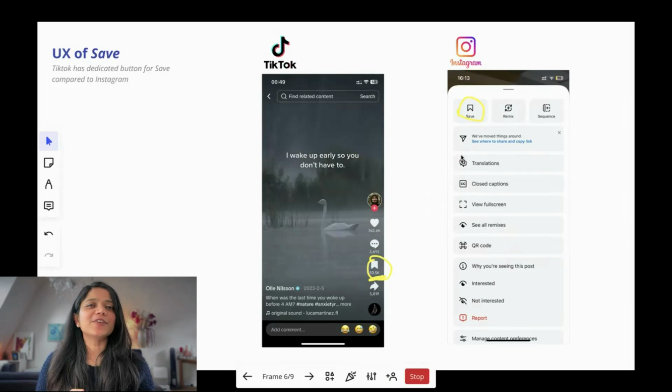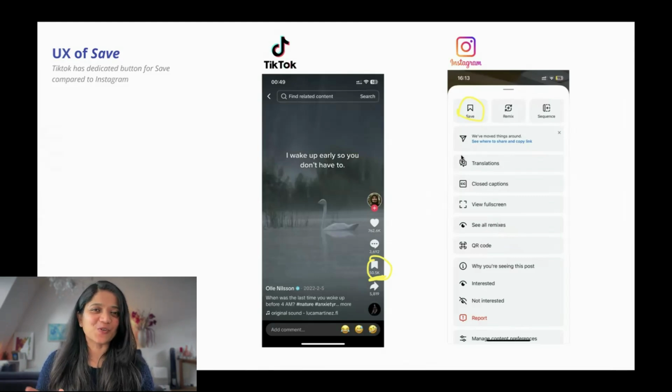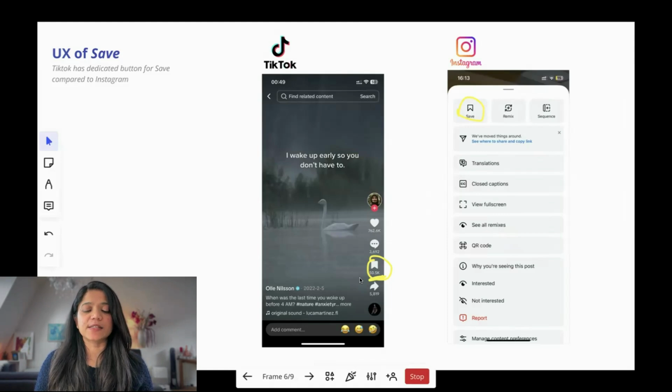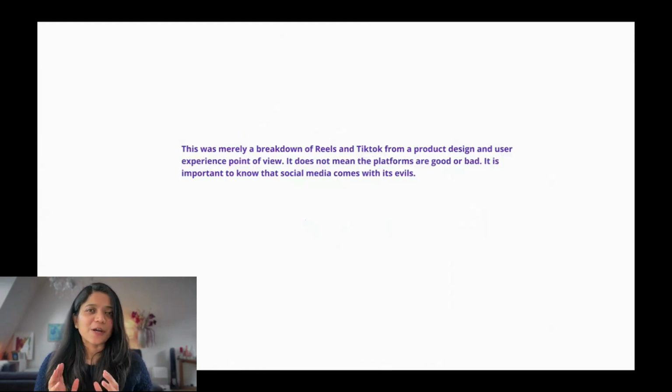Either that, or they actually have no other data but simply moved it over here. Product teams run experiments all the time just to see the behavior, and they might even bring back the save button in the future. At the moment, what I can see is it's easy to save in TikTok and kind of hidden in Instagram. Now, I do want to make a quick mention that this was merely a breakdown